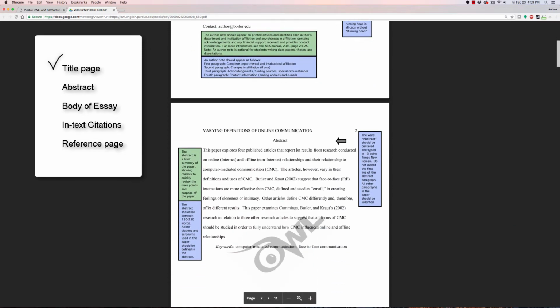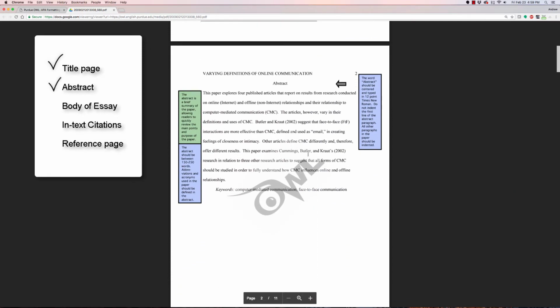Next, as we scroll down, is going to be the abstract. Now, the abstract is essentially a summary of your paper. So it's nice to write this at the end of your essay when you know exactly what you're talking about and all your points are solidified. Abstract, this title up here,